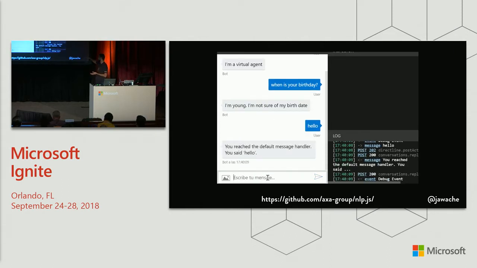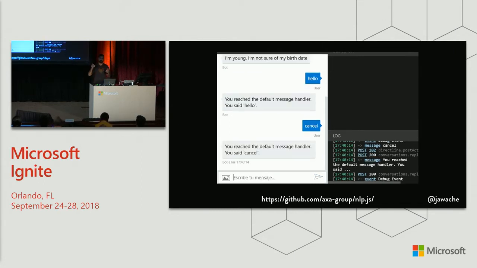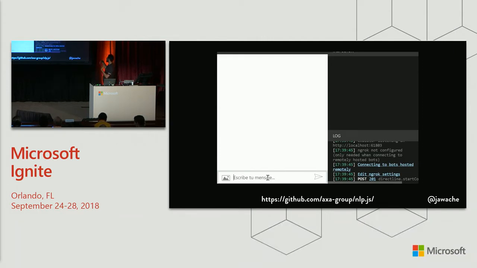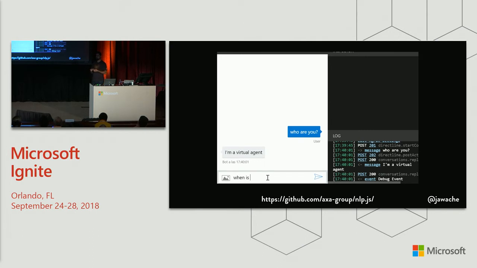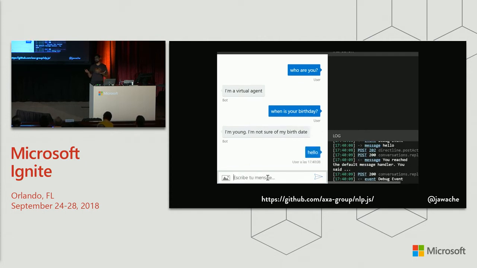Well, it does look like it's making an API request. It's making a local API request to a local server because it's a chat window, but this just lets you run it locally. Now, it's not going to give you as much accuracy and as much customization as something like Lewis AI, but it will give you something that you can run on the client side if that's what you need.